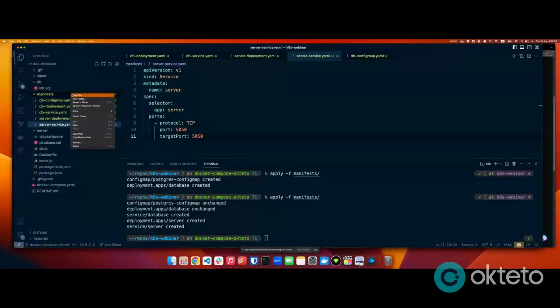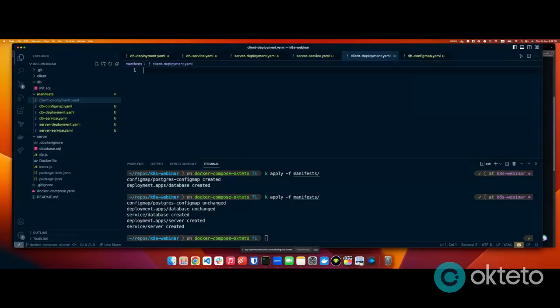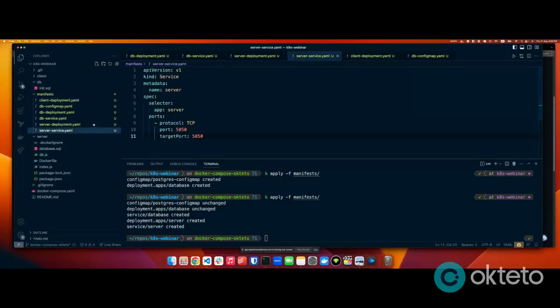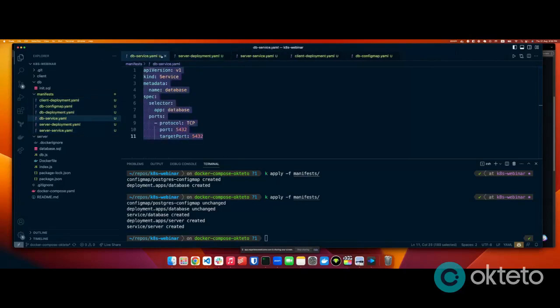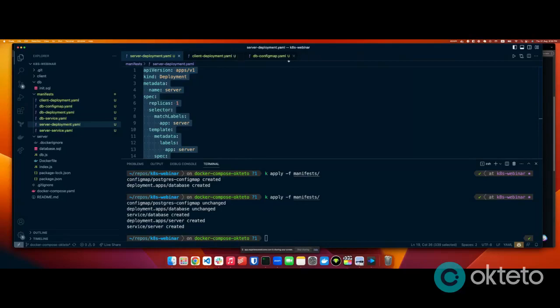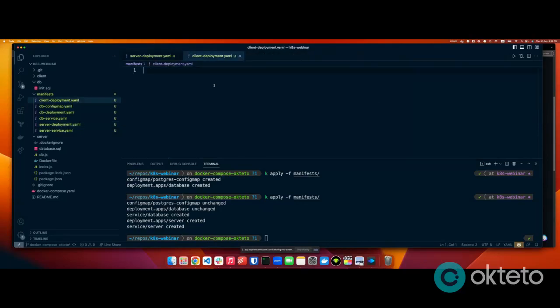the client microservice. Similarly, just like we did for the server, let's create a deployment for the client as well. And this will be fairly similar to the server deployment. So we are just going to copy the server deployment. And actually, I have too many of these open, so let me just close some of these down and just add it here. And I think for this one, we can just replace all the instances of server with client because everything is